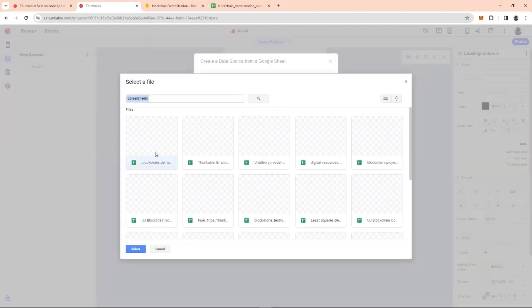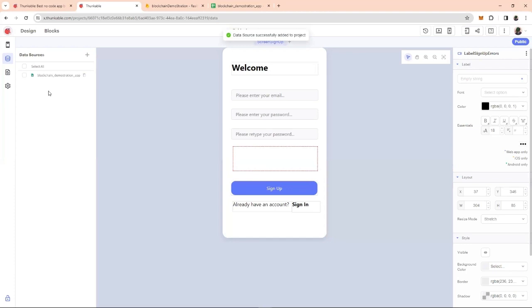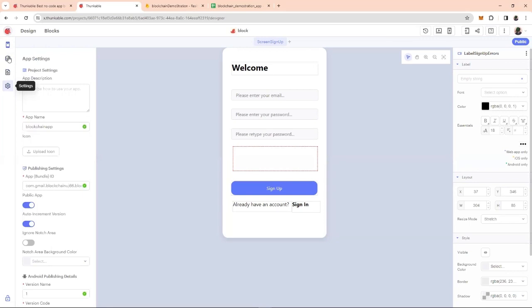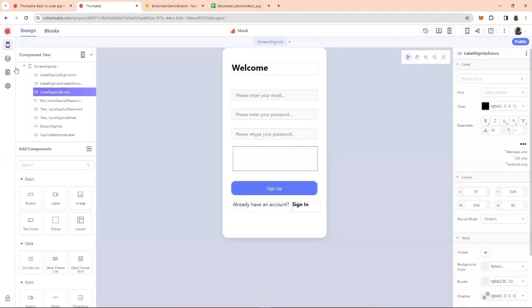Hopefully it'll show my sheet. There we go. And then we're going to create. Add it. All right. So that one. Okay. And then from there, let's go back to our blocks. Okay, we should check